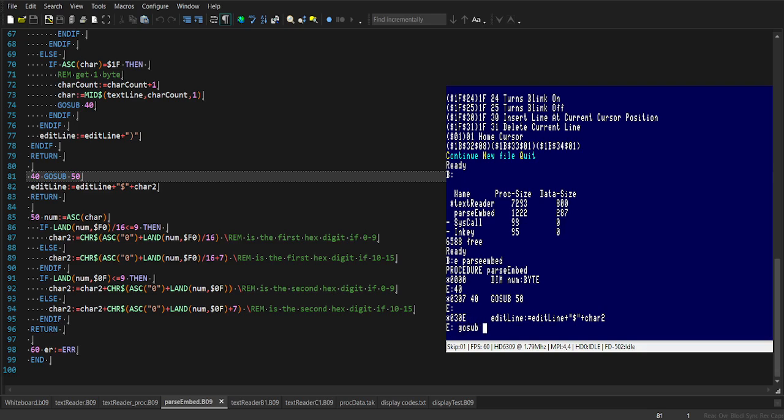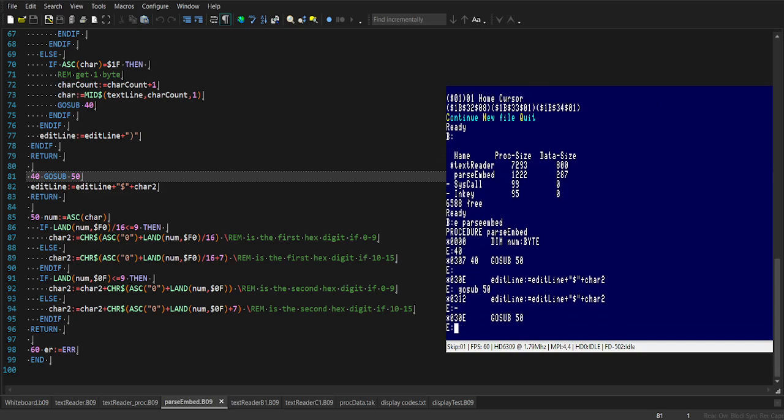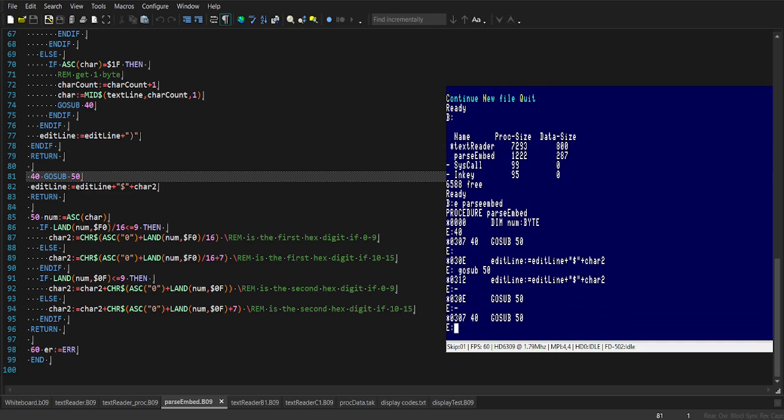Go sub 50 minus 40 if substring CHR string 00 here greater than 0, then